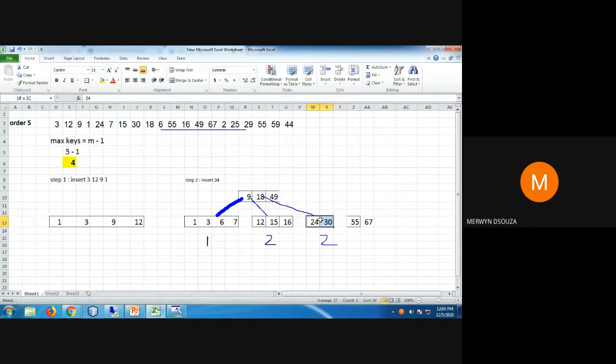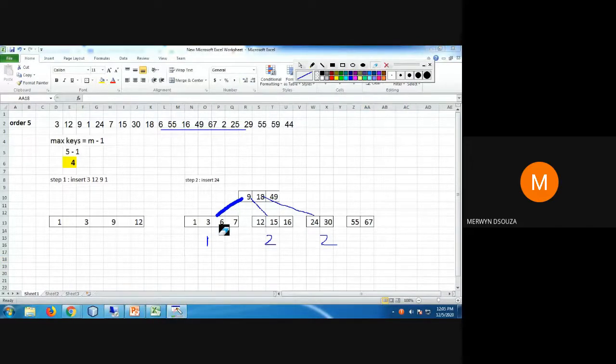Again, you get a left leaf and you get a right leaf. So when you get these leaves, you can rub off all these branches and rearrange your values. It's pretty simple to rearrange, like I told you.